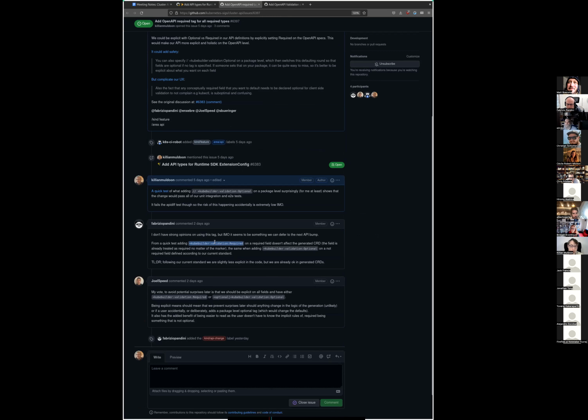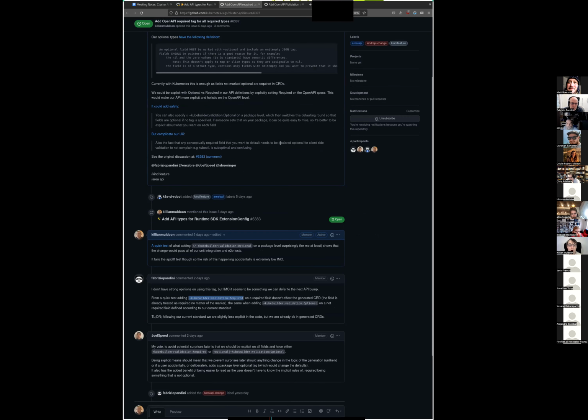Right now fields can be optional or required, and we're defining that similar to the way Kubernetes does. Optional fields have the JSON tag omitempty. They're pointers normally, unless there's a reason for them not to be. And they also have a specific optional tag. And then all fields that aren't optional are required.